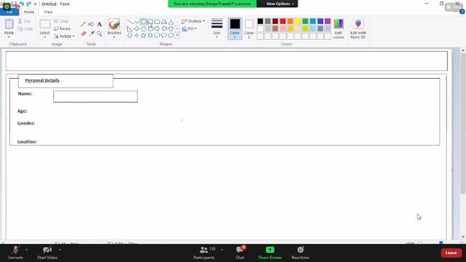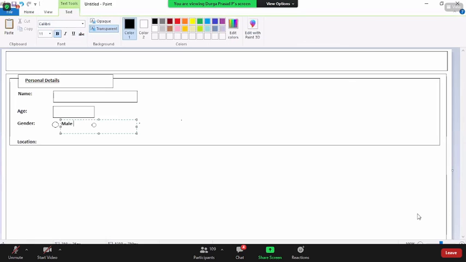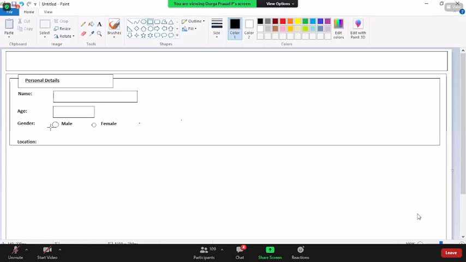Age is a text box, right? This is a drop down. I have the name, age, gender, location.